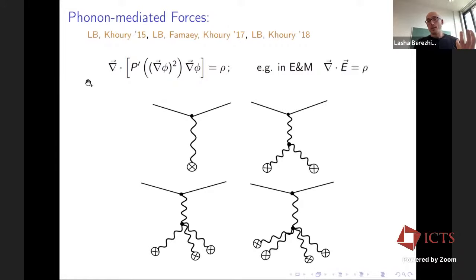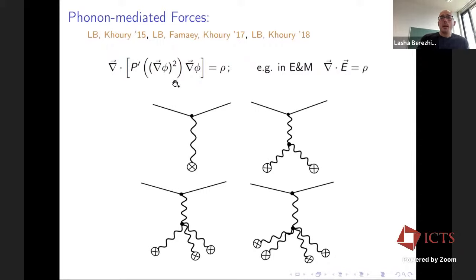So this is the left-hand side. This is what one gets in superfluids in general. And depending on which superfluid, there will be a different function P here. And the idea was to couple this phonon to be sourced by the baryons. And in that case, maybe we could have some interesting phenomenology. And just to contrast, this phi basically plays the same role here as the Coulomb potential in electromagnetism.